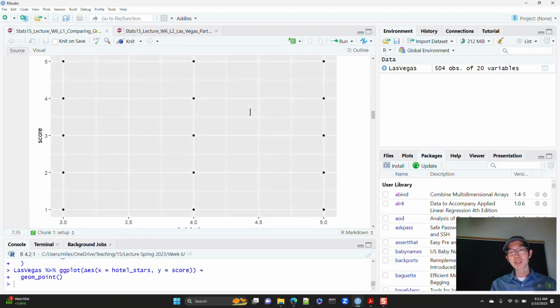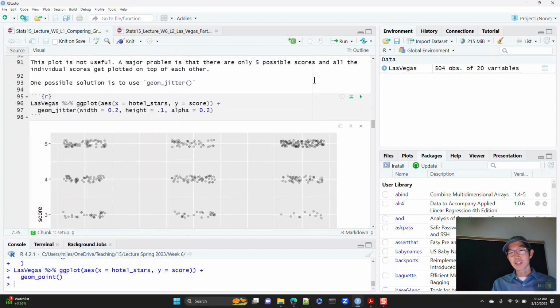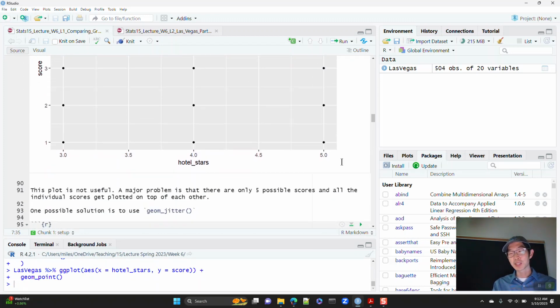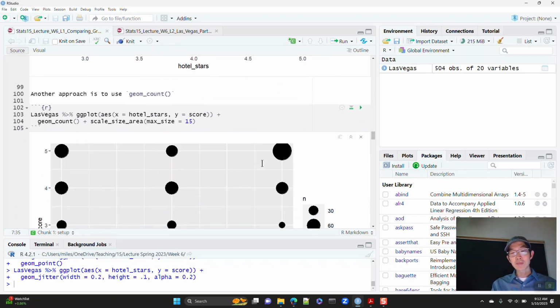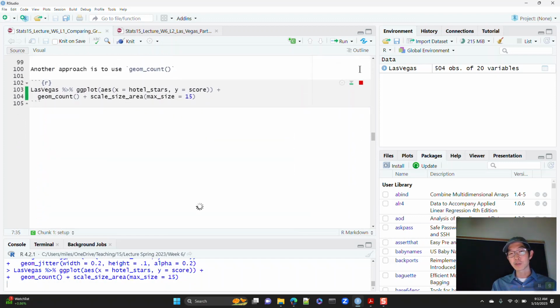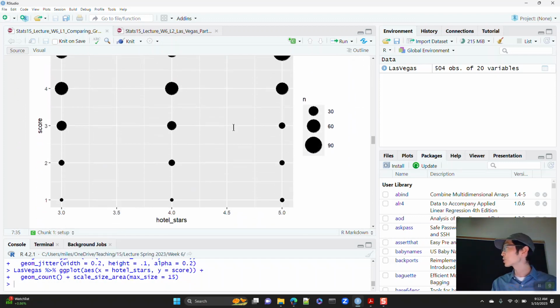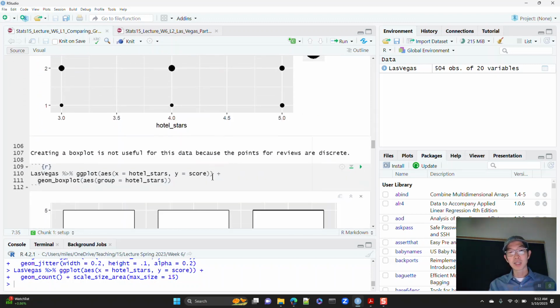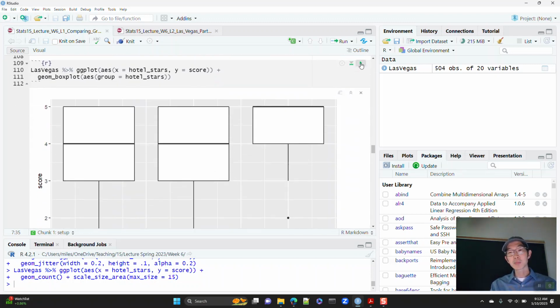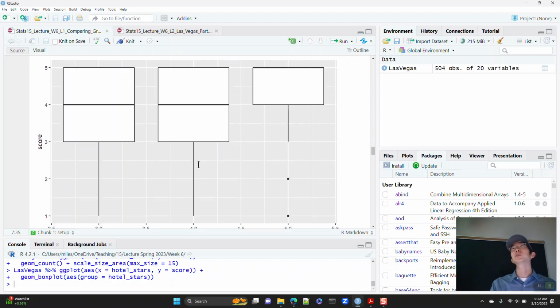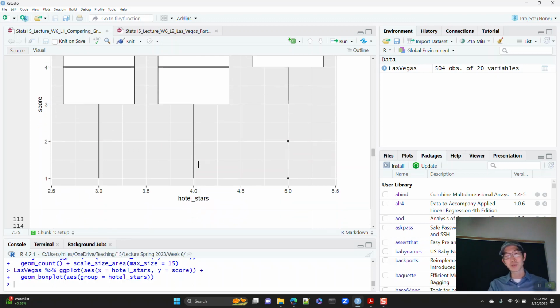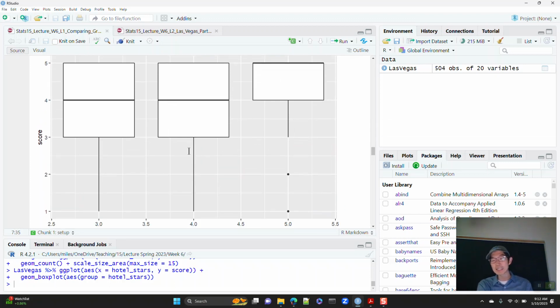We created these plots, and on Monday we discussed how just going with a point plot is not going to be helpful. You can do things like add jitter to your plots. You can create a count plot where the circles are proportional to the number of observations. Box plots are also helpful, but in this particular data set, because the reviews are discrete, where people can only leave 1-point, 2-point, 3-point, 4-point, or 5-point reviews, a box plot is not as helpful.